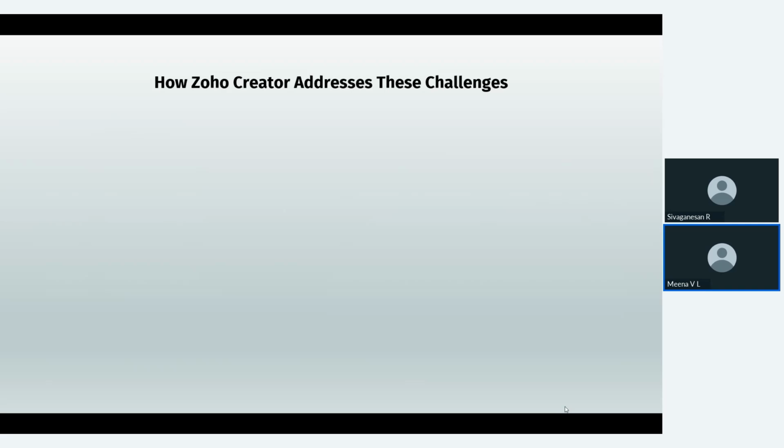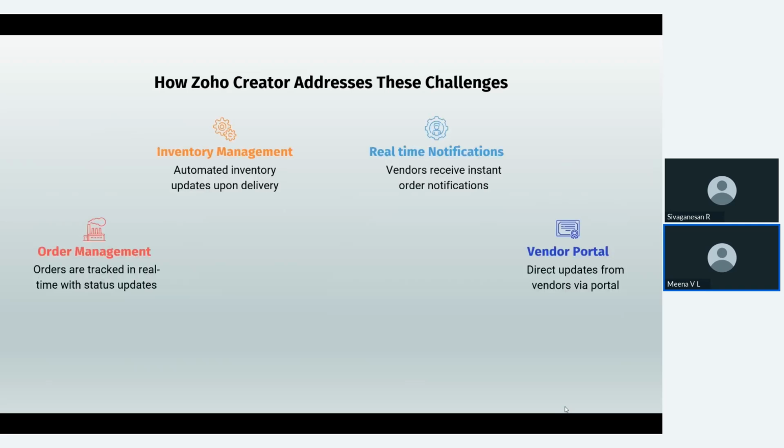So Zoho Creator is basically a low-code platform wherein the transformation is so easy. You have a very user-friendly UI, which is easily understandable for anyone to put in their data. So you can contact the Spicra team to understand more about Zoho Creator. Zoho Creator is basically a simple tool to create an application, right? So with Zoho Creator, how are we going to address these challenges, right?